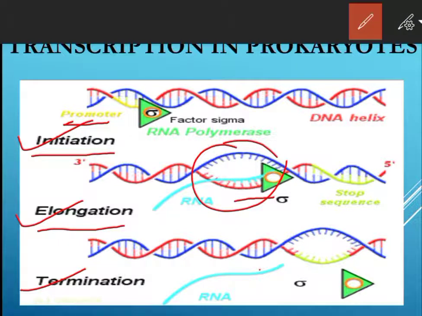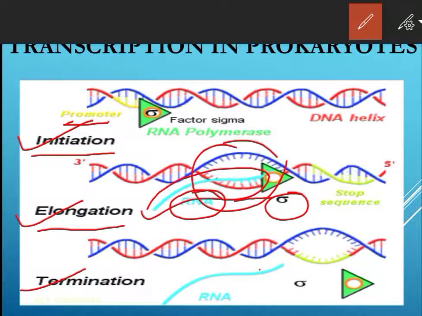RNA polymerase. The RNA polymerase, after initiation of transcription, loses the sigma factor. You can see here the sigma factor is being lost, but it continues the polymerization of ribonucleotides to form RNA. Okay, so the sigma factor will get detached from the RNA polymerase and the RNA polymerase will continue the polymerization of the ribonucleotides, which will result in the formation of RNA. Here you can see the blue color line. That is what? RNA. So RNA will be formed.